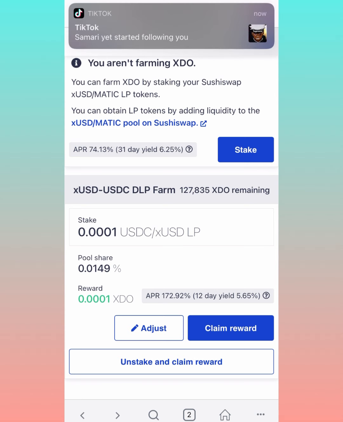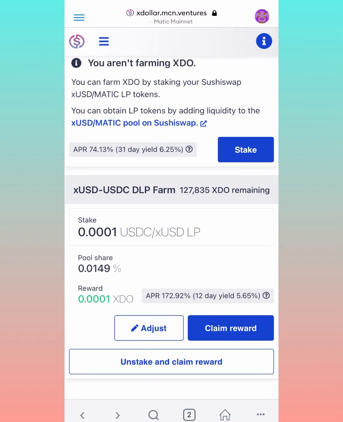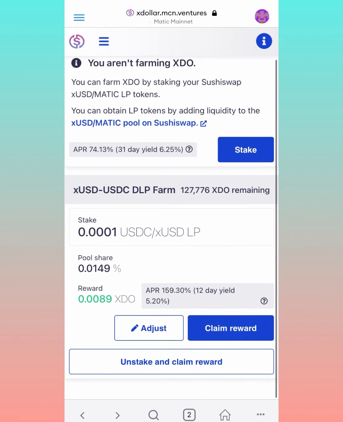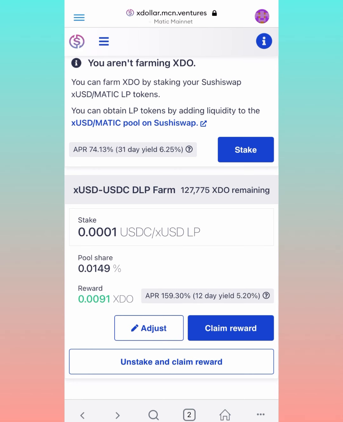So right now the APR is 172%, which is very generous for a stable coin pool. If you ever want to add to the pool, you simply push adjust, add more tokens. You just repeat the earlier process, create some more tokens, then add them, restake them to the pool. You can also claim reward and unstake and claim reward if you choose so. That pretty much covers the new